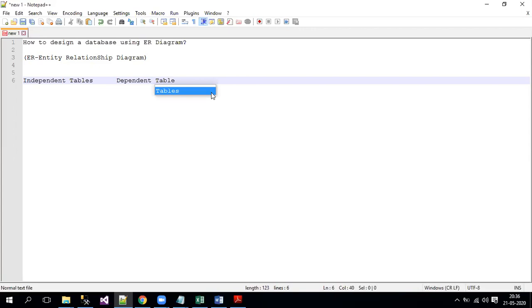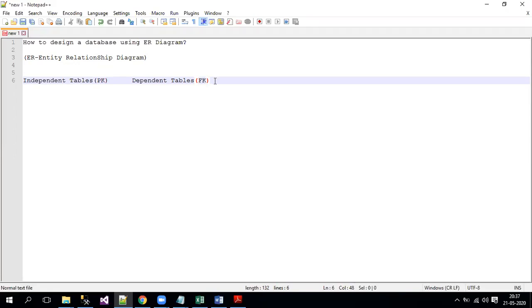I'll also keep one more key point here. Independent tables are basically primary key tables, because those tables are not depending on other tables, but other tables are depending on them. Dependent tables are basically foreign key tables, which may contain primary keys as well.